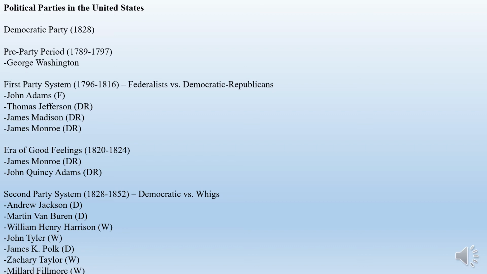Now let's look at the political parties here in the United States, and we're going to explore these more during week 2 of lesson 4, but I just want to introduce them right now. First of all, the Democratic Party is the oldest political party in the United States. It was founded theoretically in 1792, but it's had its present name since 1828. Now, how did the political parties evolve? Well, we have what's called a two-party system, and we are technically right now in the third party system, meaning we're in the third two-party system.